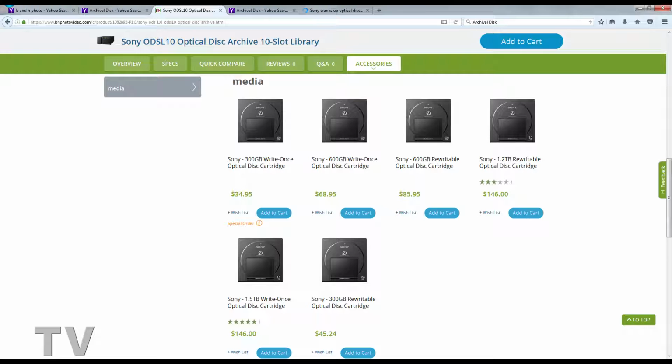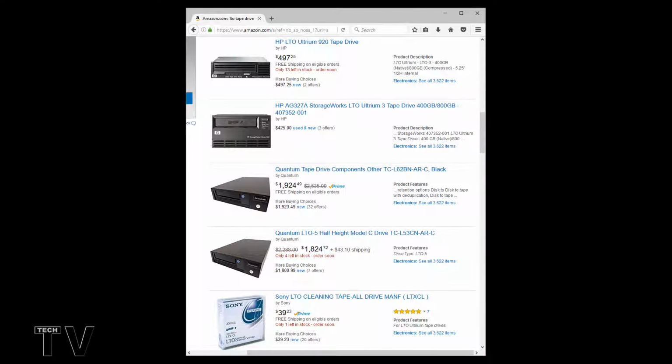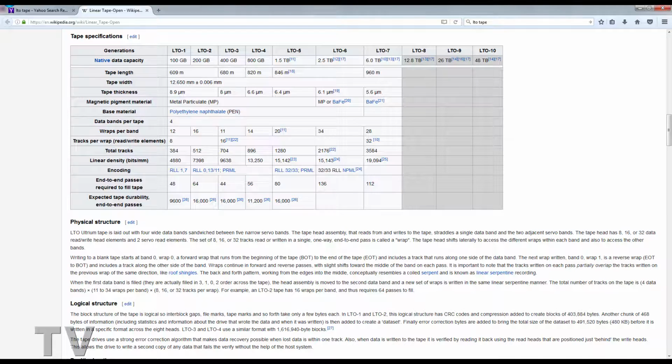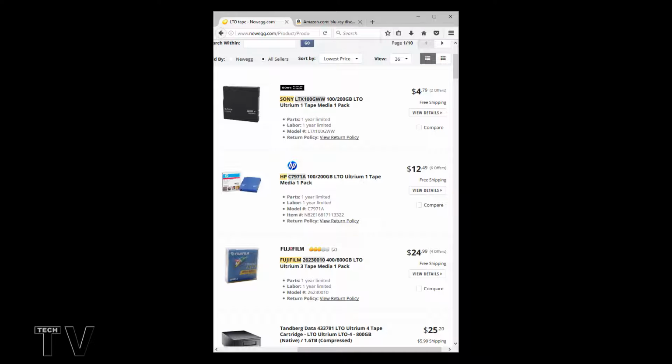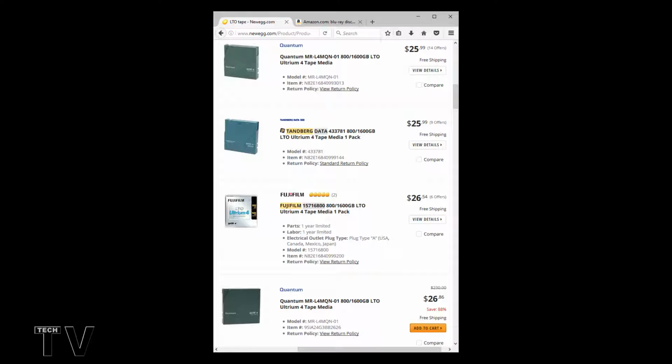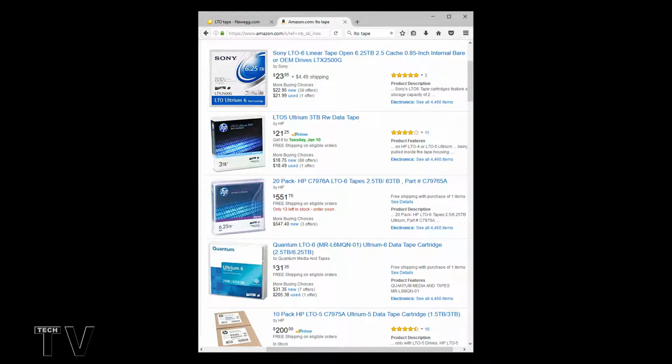There's also another storage option for post-production houses and broadcast facilities. What you're seeing now on the screen are the LTO tape drives, and they are not cheap either for the higher capacity drives. They come in like LTO 3, LTO 5, LTO 10, and the higher you go up in the number, as you can tell by that chart up there, the higher the capacity is. As you folks can tell, the media is not all that expensive when you consider how large a capacity they have for the price. I just want to state that the LTO drives, like 5-6 years ago, I guess people